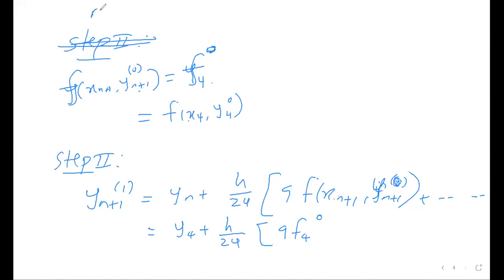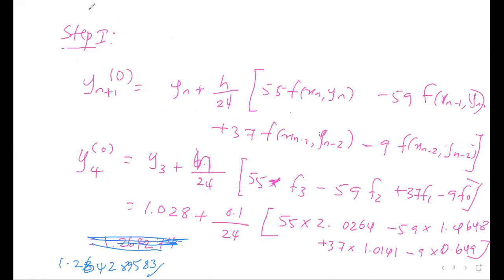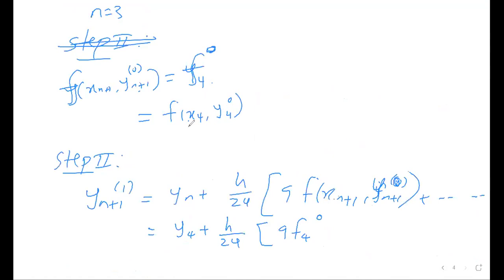Because we are dealing with n equal to 3. I'm sorry, I didn't put that there. From before step 1, we are going to find with n equal to 3. Then only y of 4 will come, because already 3 values are there. If you want to find the last point, n is equal to 3, then only y4 will be coming. Now f of x4, y4, I can put as